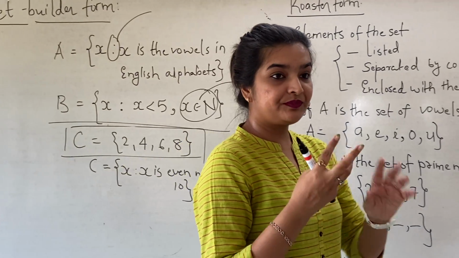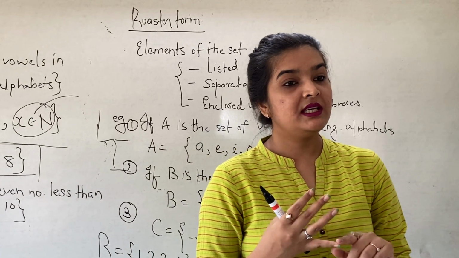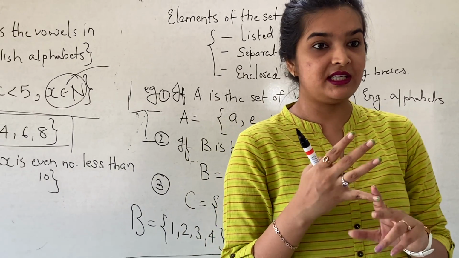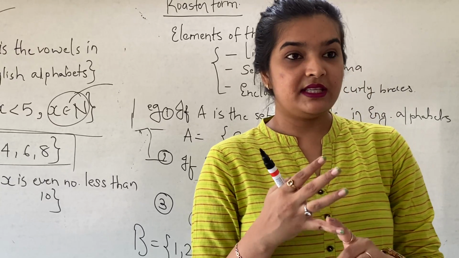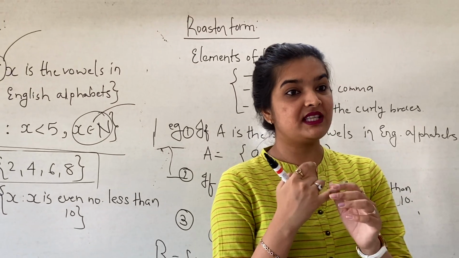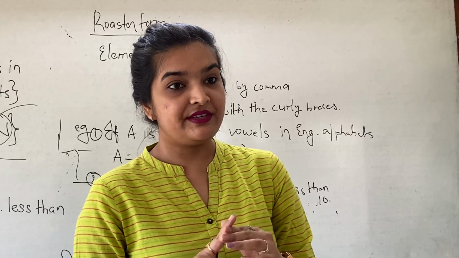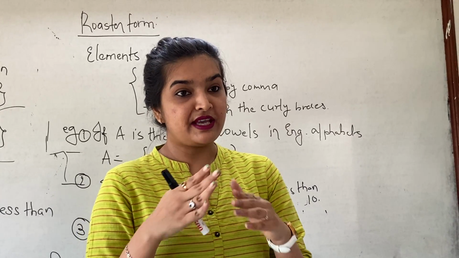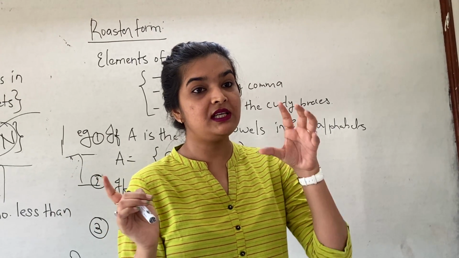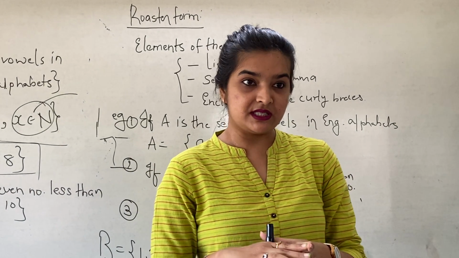So we have studied three things in set. Definition of set. Set is nothing but the well-defined collection of objects. Two words are most important. First is well-defined and the second one is collection. Then set can be represented in two ways. First is roster form and second is the set builder form. In roster form, three conditions we are going to follow. The first one is elements are listed, separated by comma and enclosed with the curly braces. And in the set builder form, we will use a particular or special property instead of listing the elements.